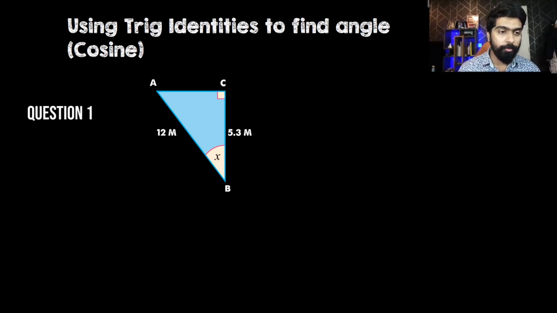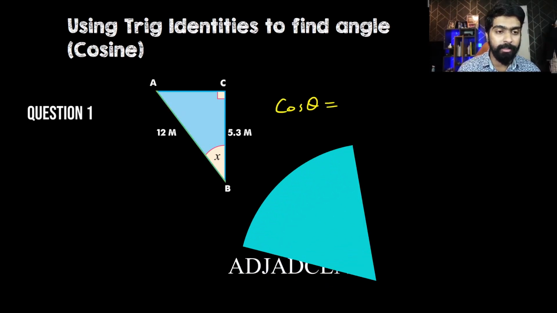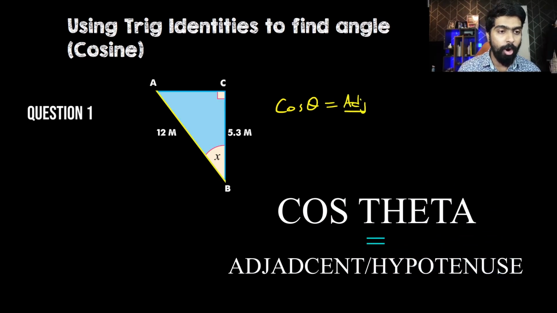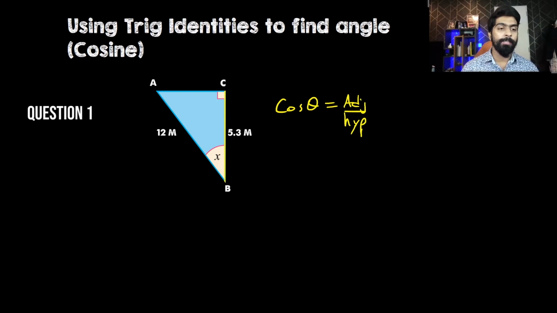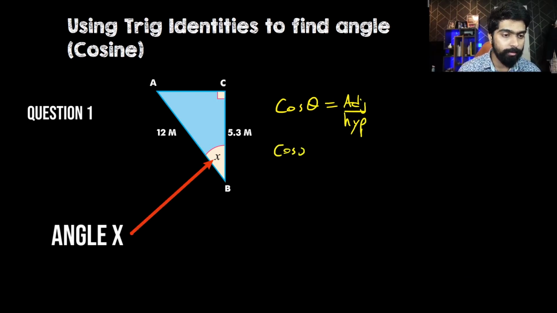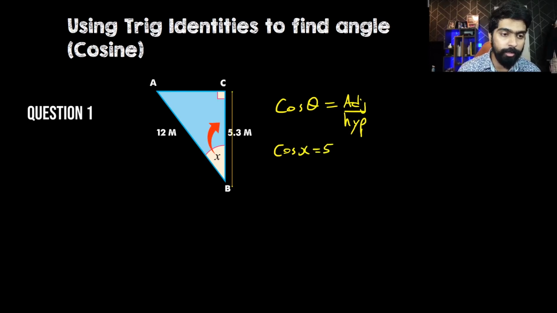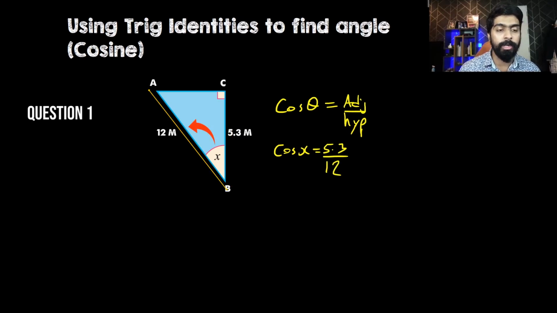Alright guys, so first of all we are going to start off by writing the formula of cosine theta. So we know that cosine of theta is equal to the adjacent over the hypotenuse, right? Adjacent over the hypotenuse. Now let's write down what we know. So we have cosine of x is equal to the adjacent side, which is 5.3, over the hypotenuse, which is 12. All right guys, now we are finding for x, so we got to get rid of